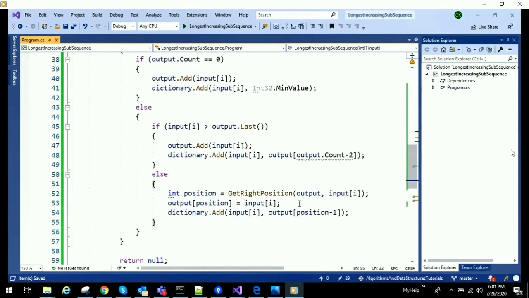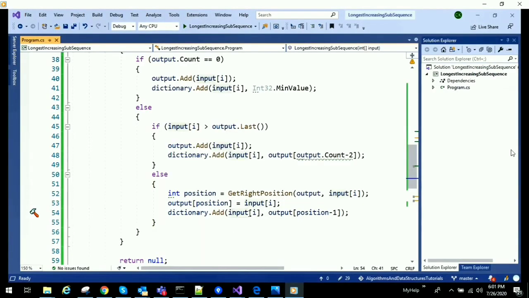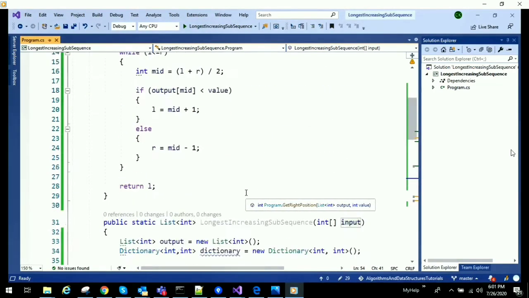One more thing we have missed here is if the current element is already part of this array, then we can just ignore that current element. So again we use binary search to verify whether current element is part of that other array or not. Let's write a function to tell that.